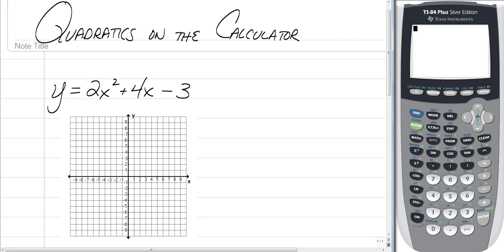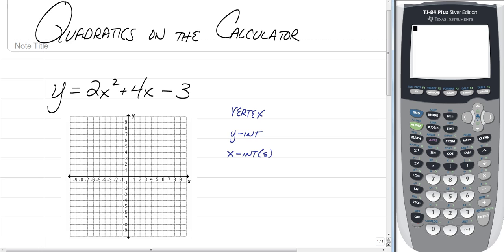Otherwise, let's get moving. We're going to use our graphing calculator to not only graph it, but we are also going to list the vertex, our y-intercept, our x-intercepts, if they have any, and along with the vertex, of course, comes the axis of symmetry, which we will list at the same time. And then we're also going to use our calculator to find some good points so we can sketch it out